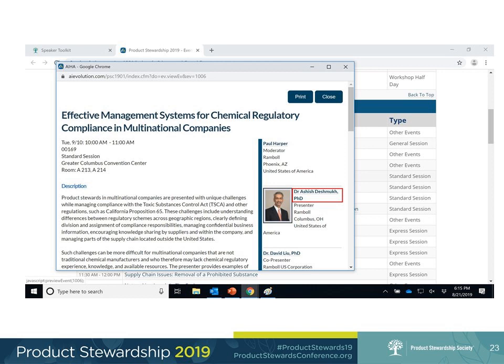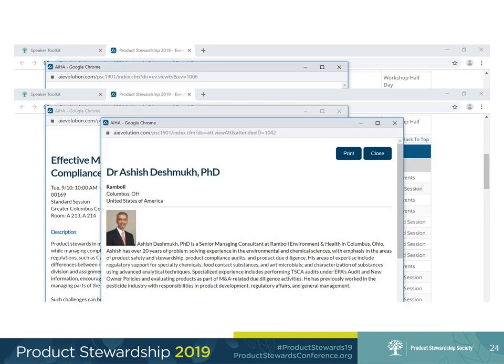So you'll select the speaker and click on the link provided in their name, and it'll bring up the bio. There is a print function at the top if you want to print those and have them. You can also have them on your phone. You can get these in the mobile app. They'll also be in the mobile app,